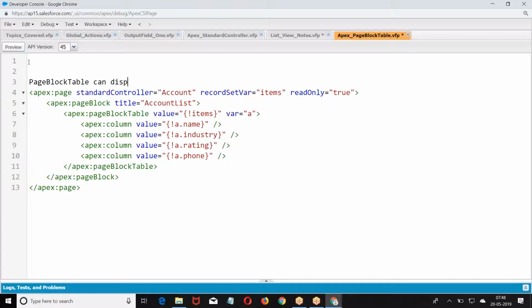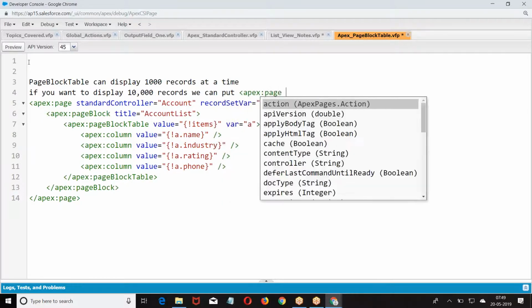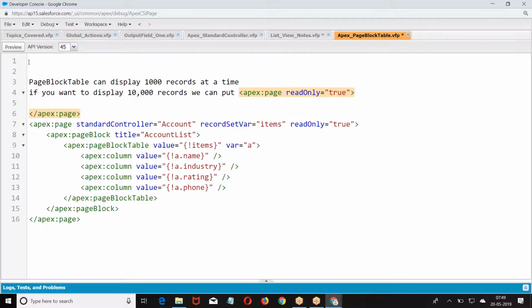can display 1000 records. If you want to display 10,000 records, we can put read only.